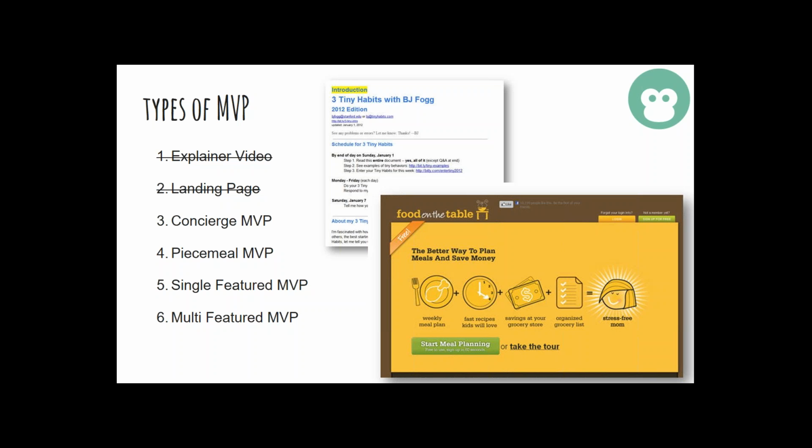So a concierge MVP is effectively something that appears as an automated system, but it's entirely manual. It could be that I've got some sort of, I don't know, a dating app, and people put in different details. They might put those details into an email, and then ultimately they get something back from me that says, I've found you, Brian, and you'd be perfect together. That could be an entirely manual process, but what they're doing